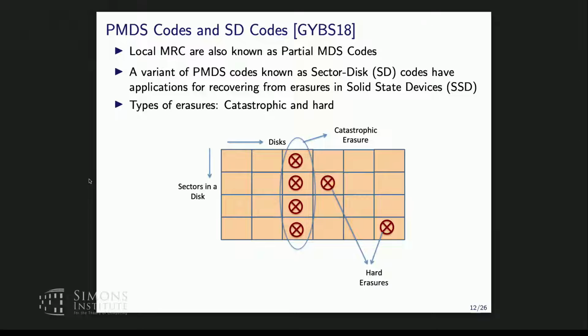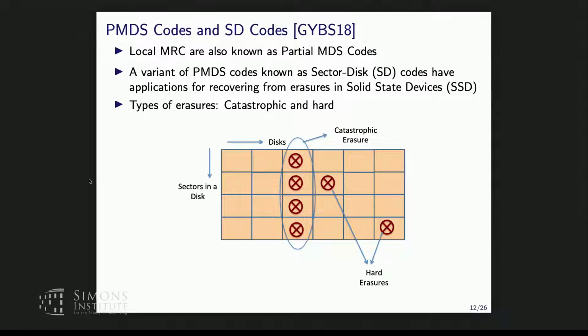I'm not picking arbitrary coordinates from each row, but I'm only saying that if all of them are in a particular column, that has to be corrected in some sense. So SD codes are a relaxation of partial MDS codes in some sense. But the way I want to look at it is that